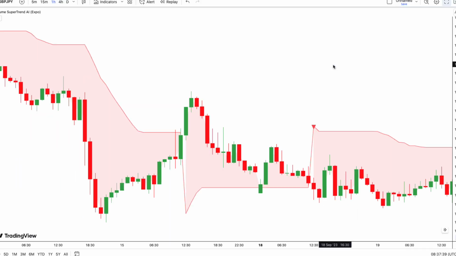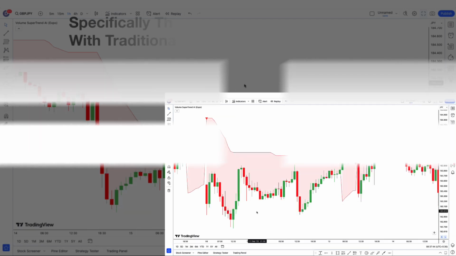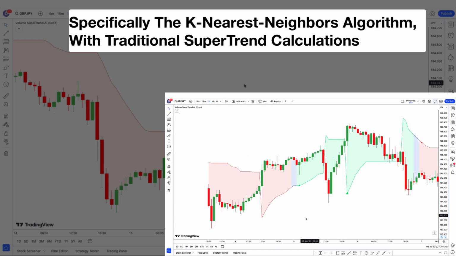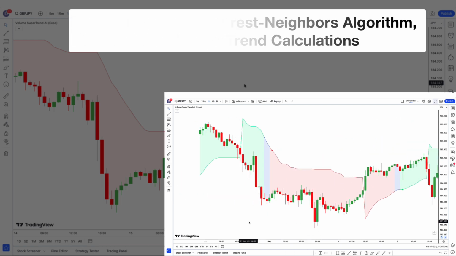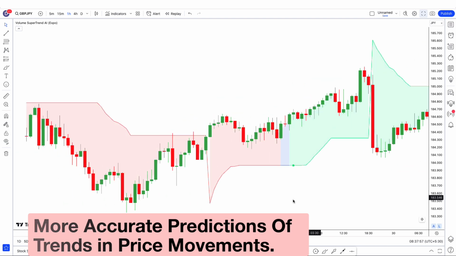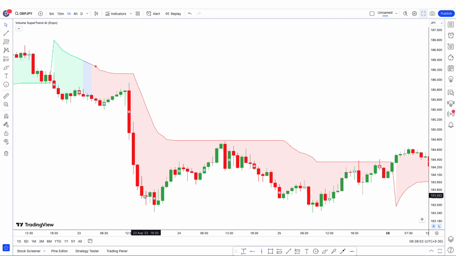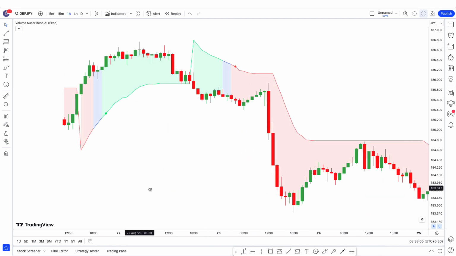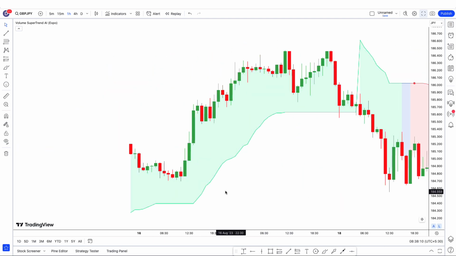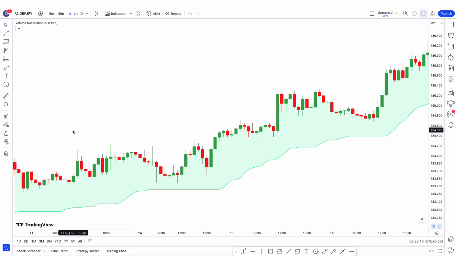Volume Supertrend AI is a sophisticated tool that combines machine learning techniques, specifically the k-nearest neighbors algorithm, with traditional supertrend calculations. Its primary goal is to provide more accurate predictions of trends in price movements. Stay tuned as we delve deeper into how this indicator can potentially revolutionize your trading strategy. Let's get started. This integration aims to provide a more precise prediction of price trends, identifying potential bullish and bearish